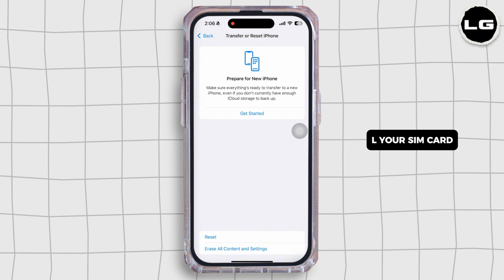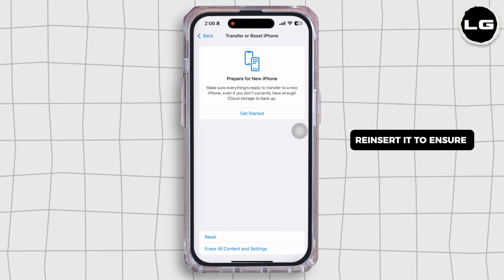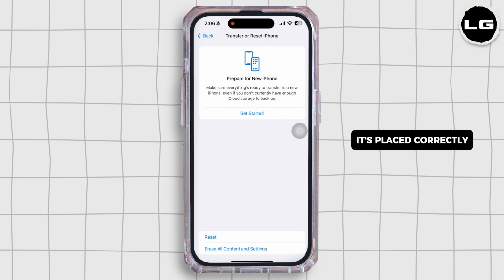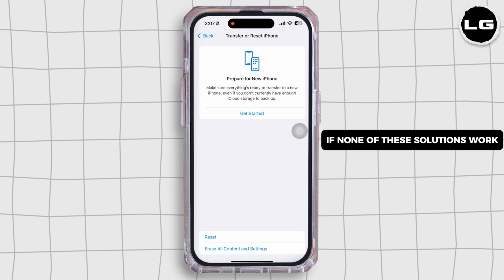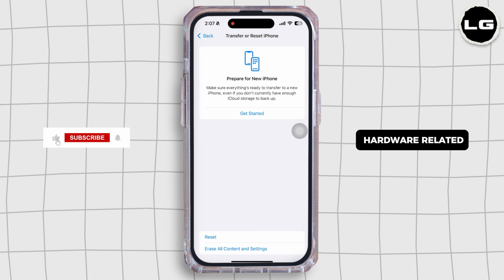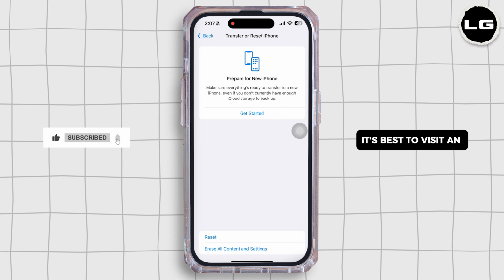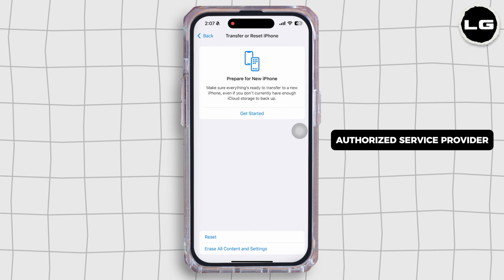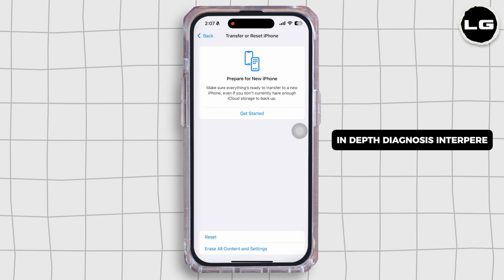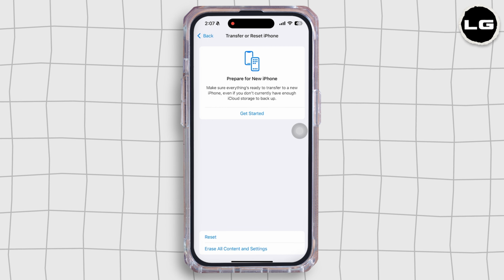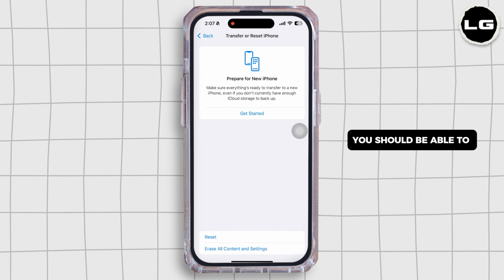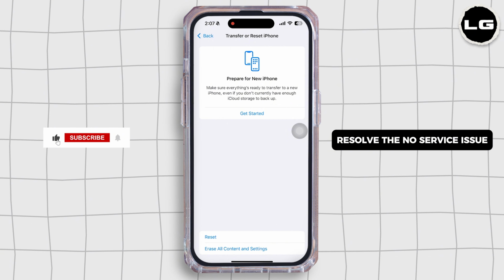Next, reinsert your SIM card. Remove your SIM card and reinsert it to ensure it's placed correctly. If none of these solutions work, the issue could be hardware related. In this case, it's best to visit an Apple store or an authorized service provider for a more in-depth diagnosis and repair. By following these steps, you should be able to resolve the no service issue on your iPhone running